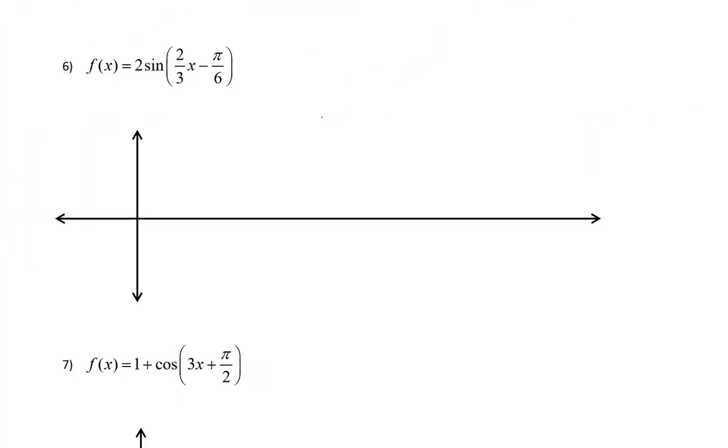This time for number 6, we say this: f of x equals 2 times the sine of, and then in parentheses after the sine, we have 2/3 x minus pi over 6. Our first step will be to factor out the b value that we're seeing in front of the x. Now this time we have something even after it, the minus pi over 6, which means there is some factoring to do. So let me write this out as 2 times the sine of, and I'm going to use brackets after it just to mark this here, and then we're going to factor out the 2/3 that's in front of the x from